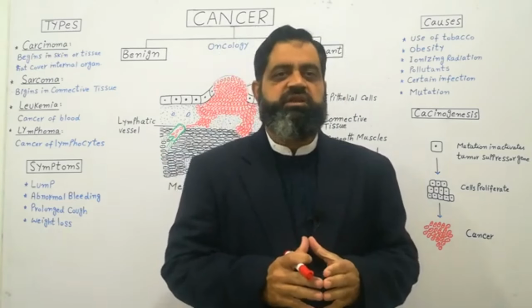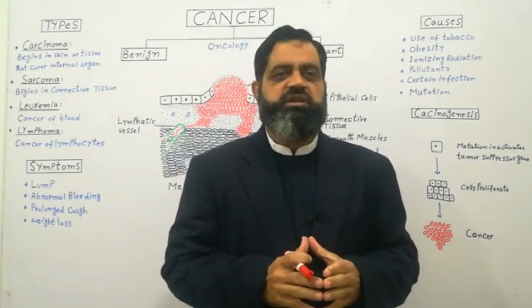So let's look at the types of cancer in another way. Here is a diagram of our skin. This is the upper layer of the skin, which is also known as the epithelial cell. Behind the epithelial cell, as you can see in the green part, is the connective tissue, and below the connective tissue are smooth muscles. There are certain blood vessels, as you can see in the diagram, and some green vessels which are known as lymphatic vessels.